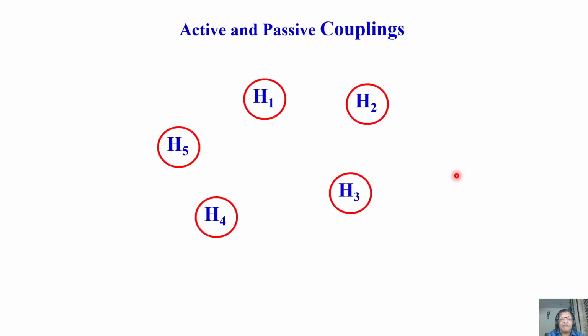Look at this example. Again, I took an example of 5 protons which are coupled among themselves. This is a coupled spin system. Remember I told you about the coupled spin system in one of the classes. When one proton is coupled to the remaining protons with different coupling strengths, it forms a coupled spin system. No matter if one of the couplings is very small, maybe 0, it should still be a part of the coupled spin system. Now in the coupled spin system, we come across situations where I want to tell you what is active coupling and what is passive coupling.